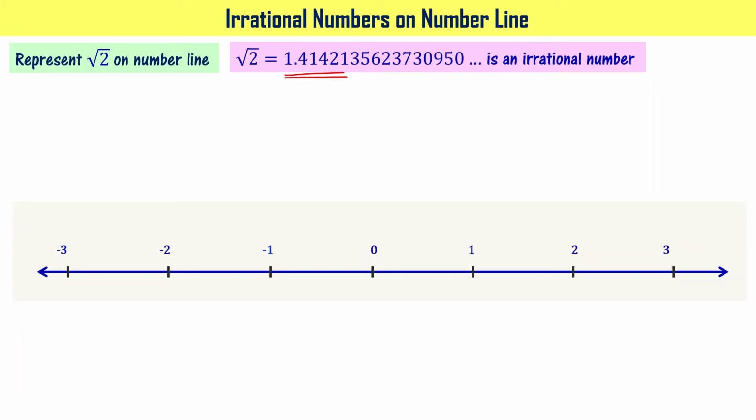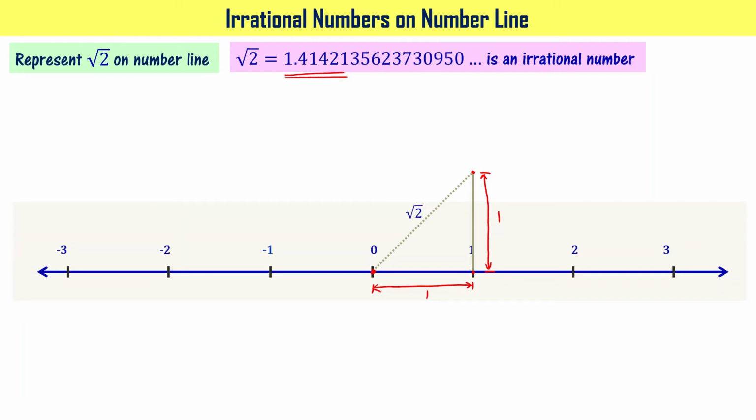Now we know that from 0 to 1, the distance between 0 to 1 is 1 unit, right? Now let me draw a vertical line from 1 of length 1 unit. For example, if you take measure of this length, that is also equal to 1 unit. Now let me connect this point with end of this line. When you do that, you get a line of length equal to root 2. I said its length is equal to root 2.